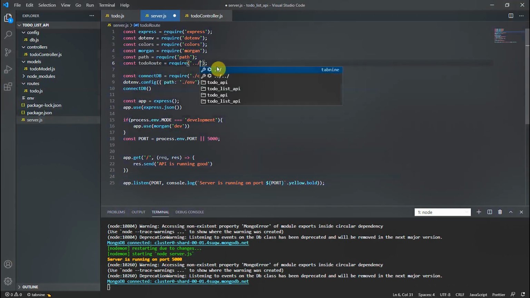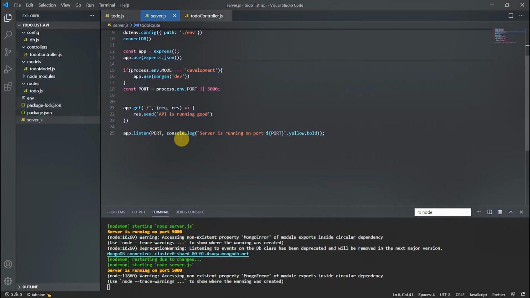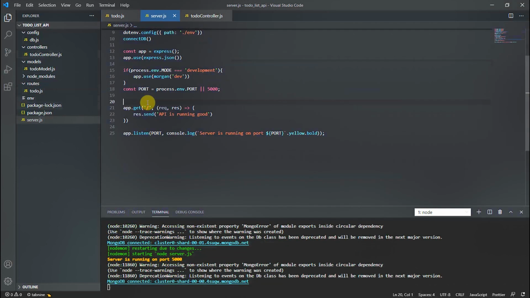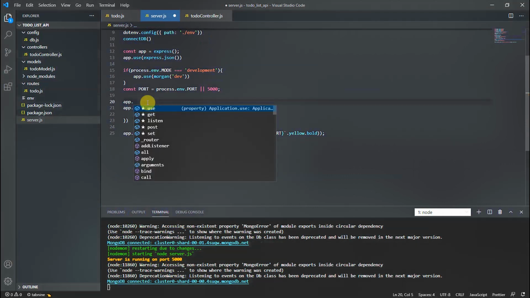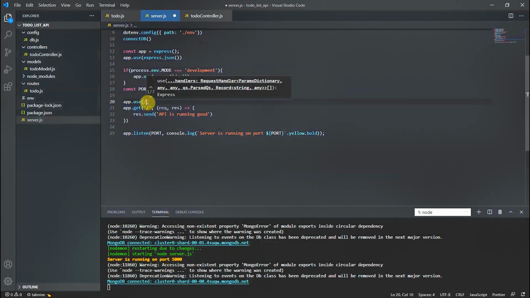This will come from the routes folder, then todo. Then app.use slash API slash todo, then call this route.